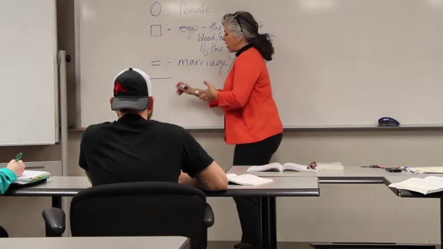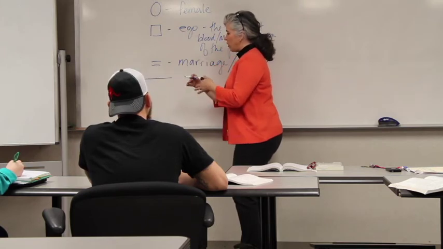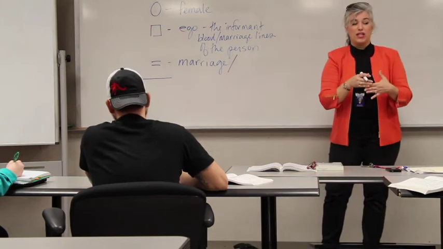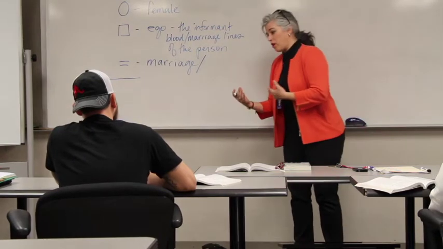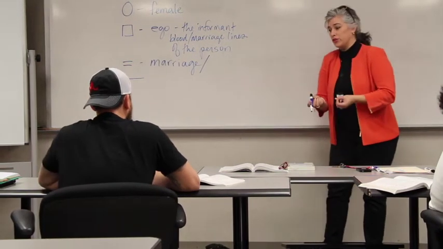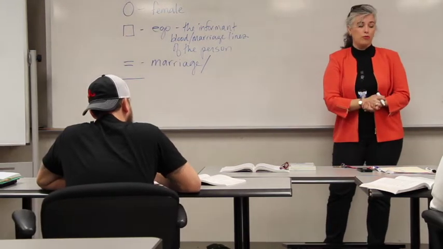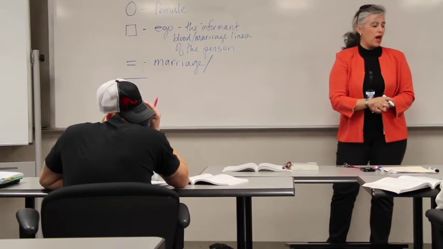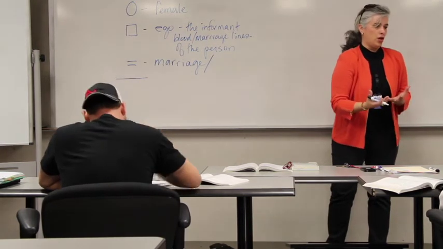And some anthropologists today use this straight line to show a union, a sexual union, regardless of whether the union is considered a marriage or not. Because marriage is very common throughout the world. It's almost a cultural universal, but anthropologists have discovered several different groups of people around the world that don't define marriage in the same way anybody else does, and marriage maybe isn't even a word that exists in their language.